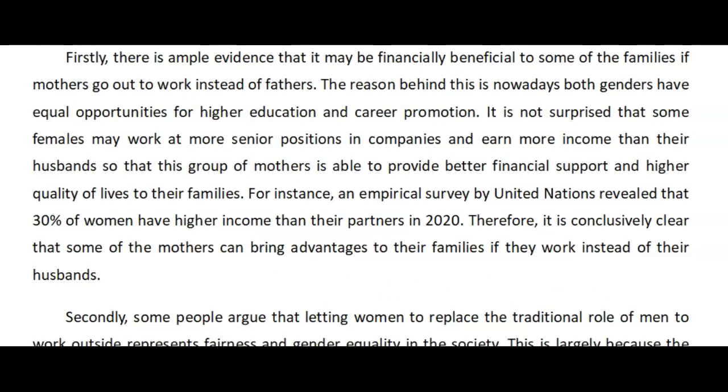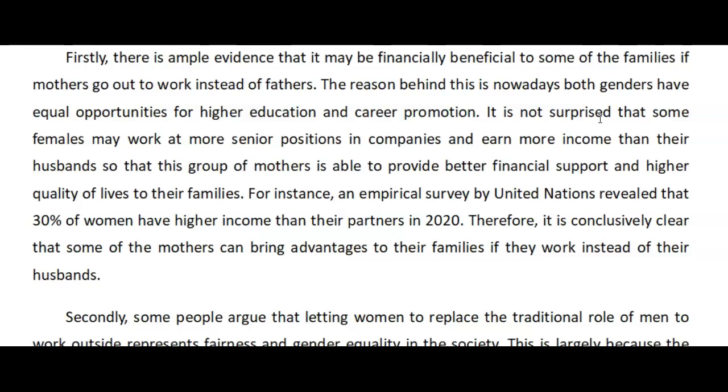Firstly, there is ample evidence that it may be financially beneficial to some of the families. When you say some of the families, it's as if we know which families you're talking about. So some families, if mothers go out to work instead of fathers. The reason behind this is nowadays both genders have equal opportunities for higher education and career promotion. It is not surprising that some females may work at more senior positions in companies and earn more income than their husbands, so that this group of mothers is able to provide better financial support and higher quality of lives